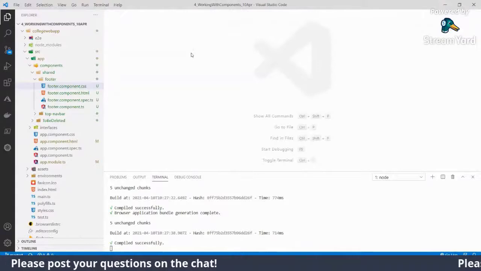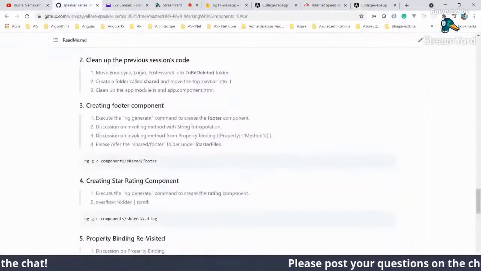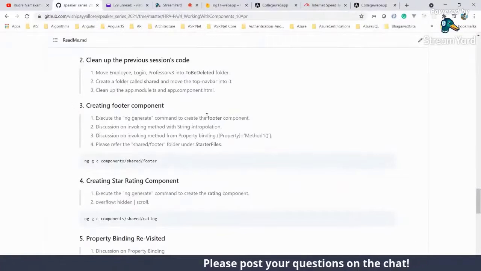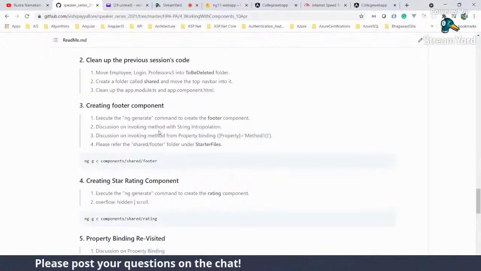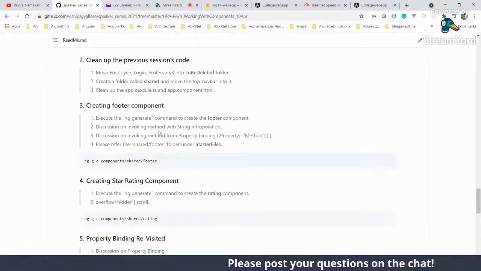While creating the footer component, what did we learn? We learned how to create a footer component, and we learned string interpolation with double flower brackets. In the previous session we learned how to use a property from the component in the markup.